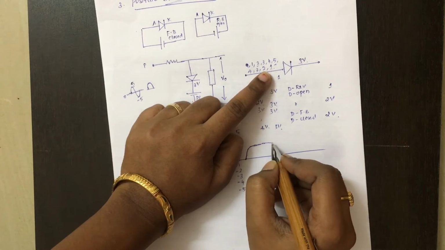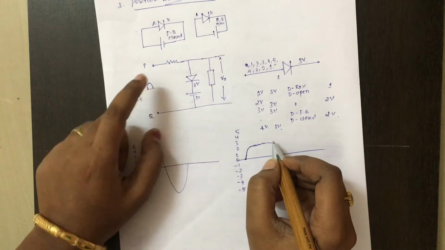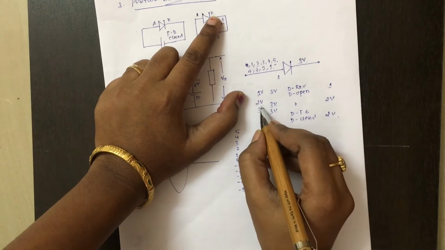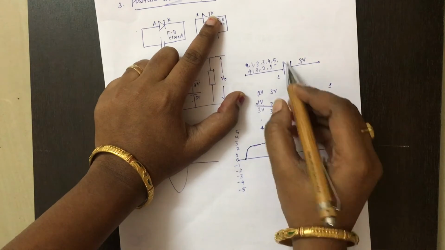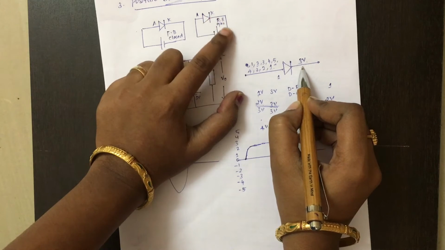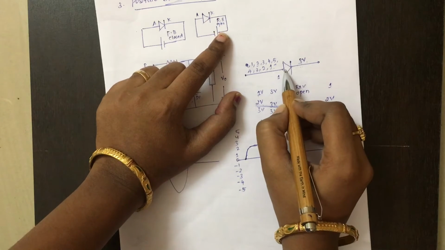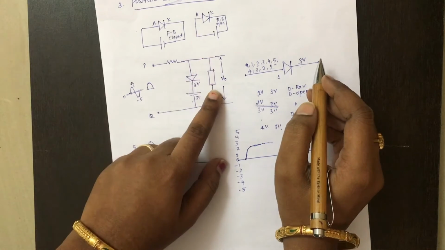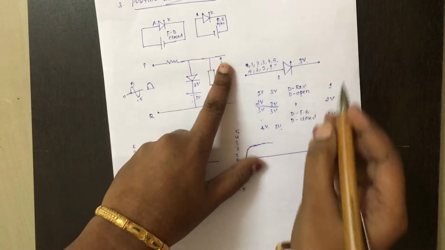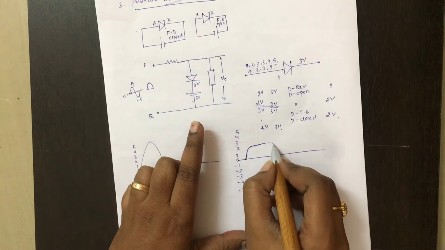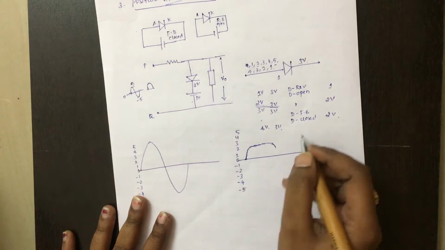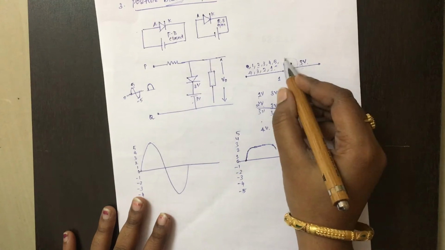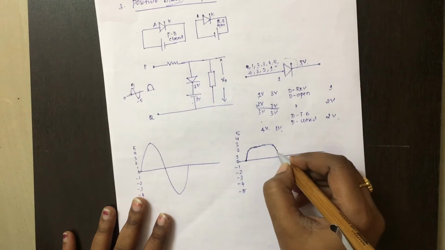So now again 2 volt. When 2 voltage is applied, now this becomes small and cathode becomes greater. This condition, 2 and 3. So 2 volt, 3 volt. Now reverse bias condition. So open circuit, and when it is open, no current will flow. Entire current will flow across the output resistor. So you will get 2 volt as an output. The same, so 1 volt if you apply, again this is small, this is higher, then reverse bias. So you will get 1 volt.